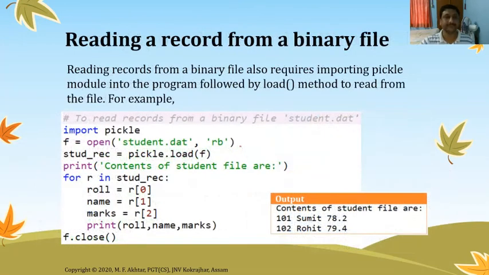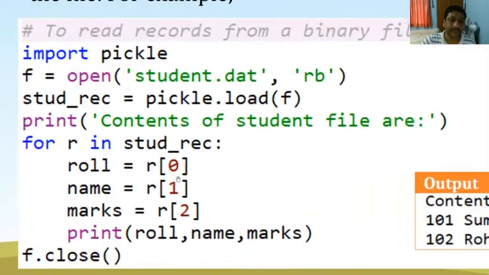Okay, see, reading a record from a file. Reading records from a binary file also requires importing the pickle module. Again we have to import the pickle module. Everything we do with a binary file, every time we have to import the pickle module. And then the load function. This time we will use the load function to read the data. Now if we want to read more data, how is it possible here? Okay, see here,